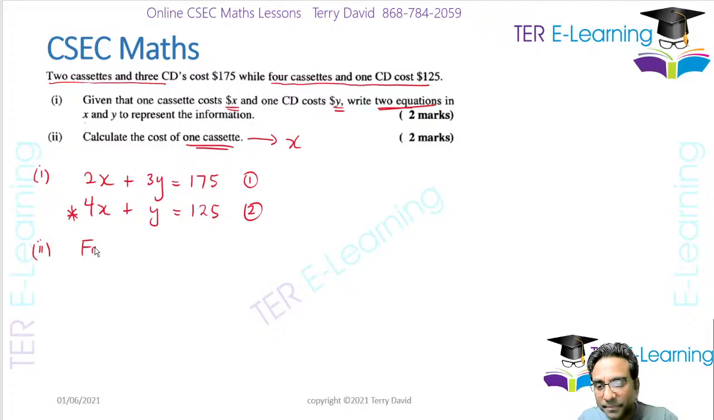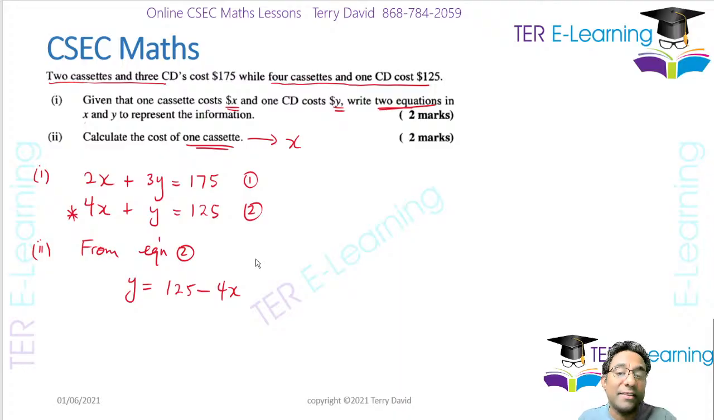So from equation 2, I can see that Y is equal to 125 minus 4x, right? I don't know if you all seen that. From equation 2, I can say that Y is equal to 125 minus 4x, right? So my next thing that I'm going to do now, I'm going to take that equation, so I'm going to substitute,